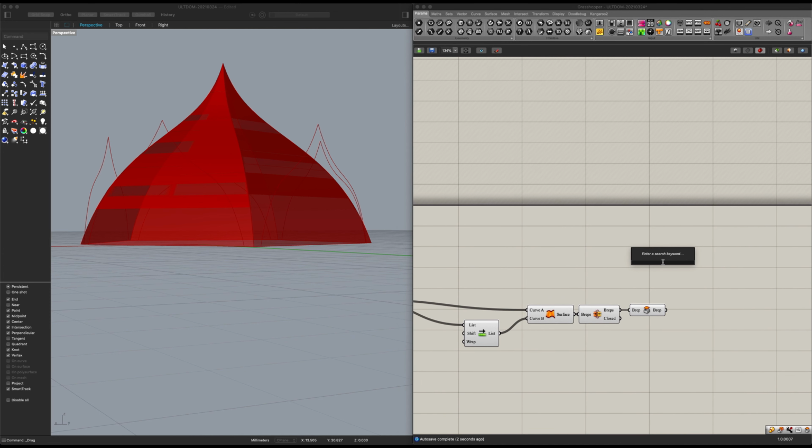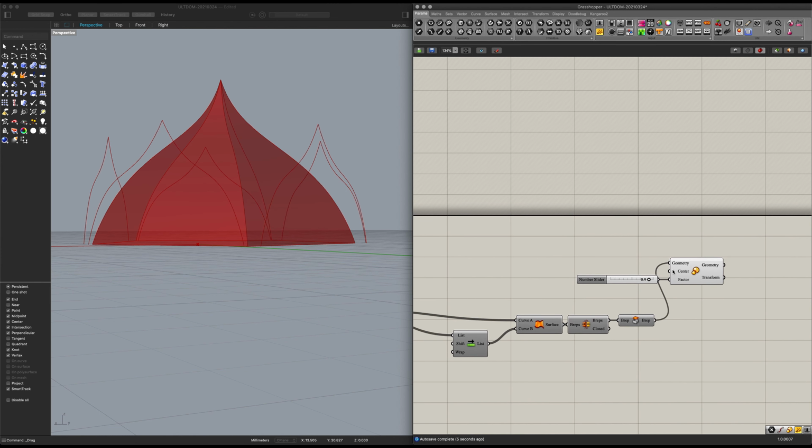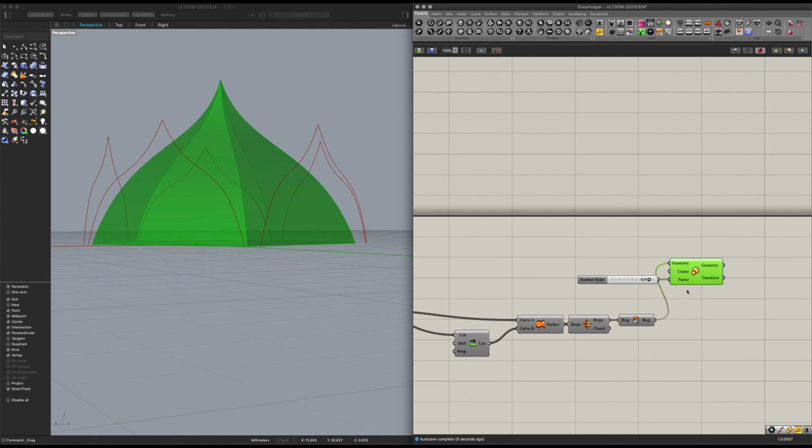Okay, let's add in a scale. Let's place in our geometry into there. For the factor, I'm going to get a number setter of 1.0 and bring it down to about 0.9. I'm going to hide all of these values here. And as for the center, I'm also going to unhide this one, to make sure that the